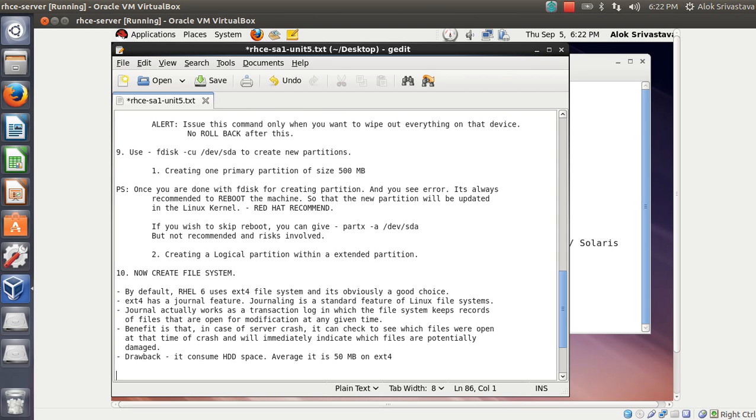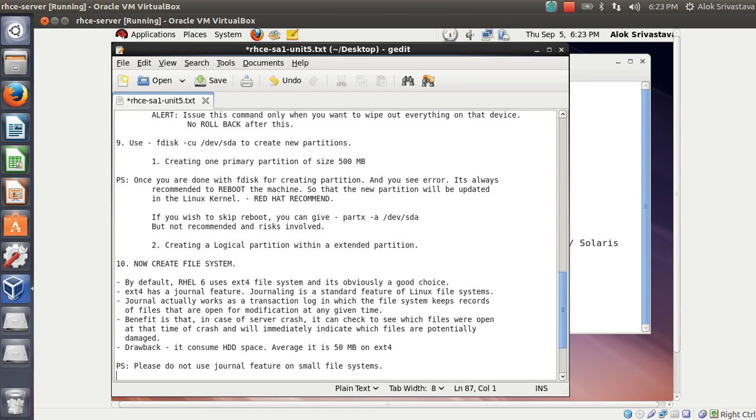No problem. One thing that is important to note is that please do not use journaling feature on small file systems. Though my partition is also a small file system, I'm not going to store any data here, so